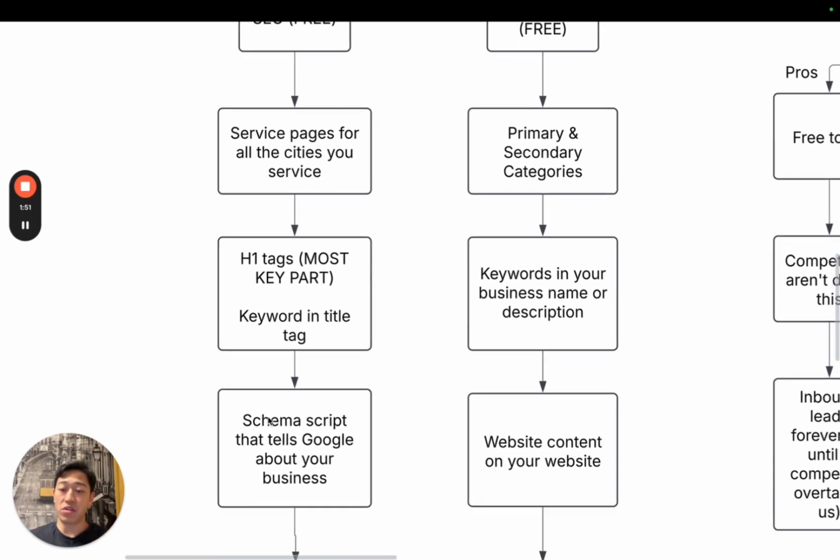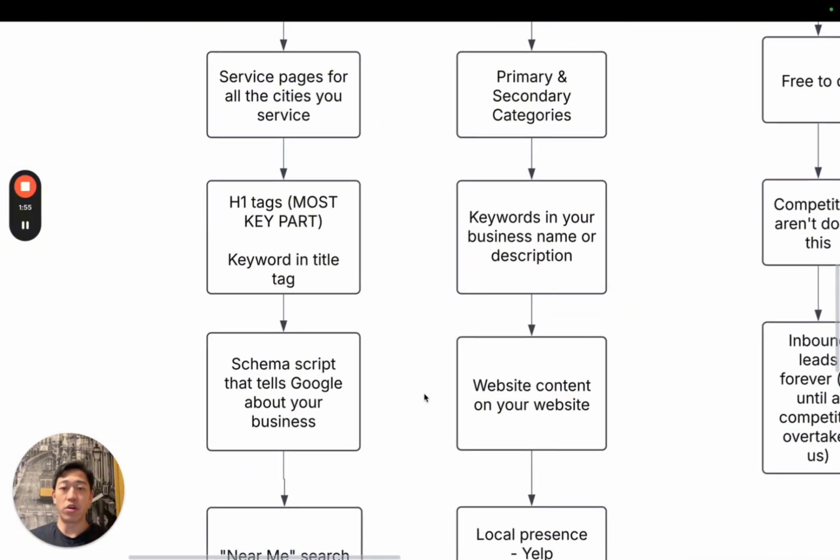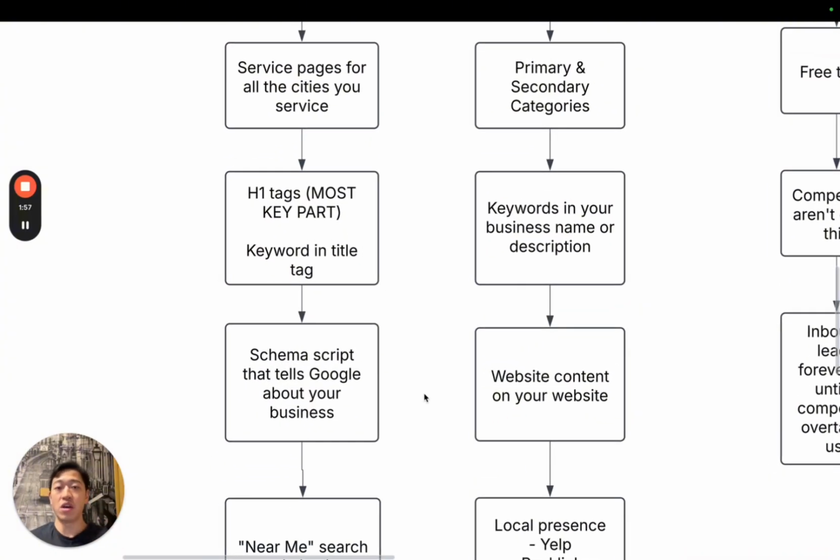On top of that, there's this thing with schema scripts that tells Google about your business. Whenever Google's crawling through all of the different pages, including your competitors' pages, it's looking at what is the best fit for the person searching for this keyword. So whenever a homeowner searches for a keyword, you need to have a schema script that shows what service you offer, the price point, the different reviews you have, the hours that your business is active in, and also